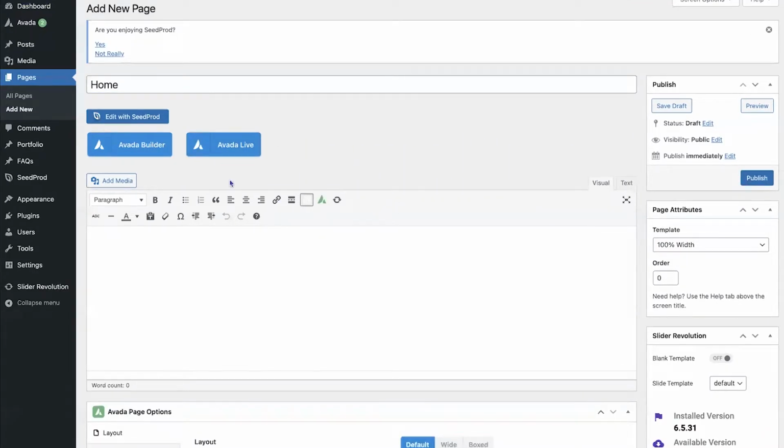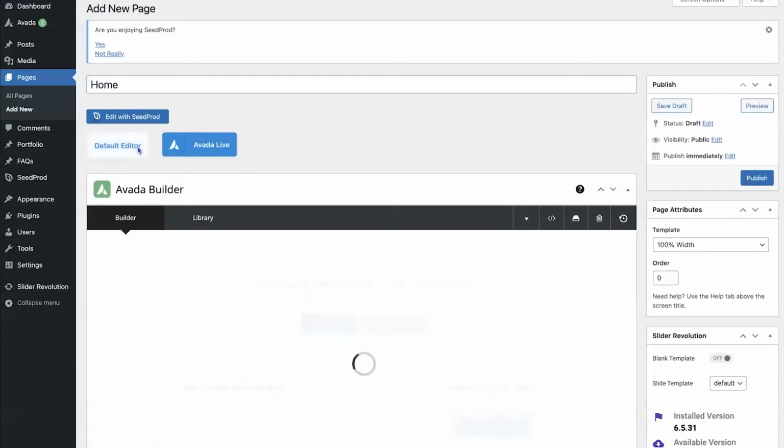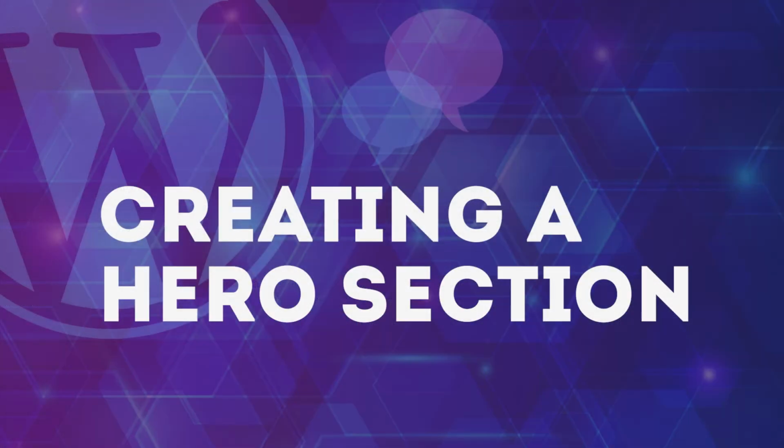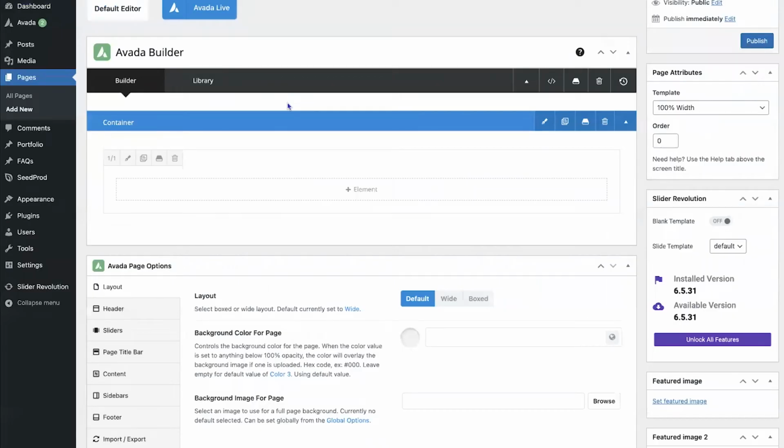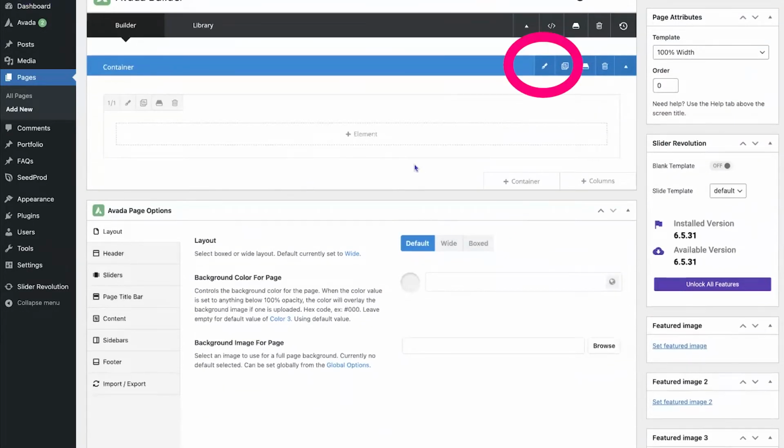Then I'm going to click the Avada Builder button so I can see the builder to build my pages, and I'm going to insert a full container that spans the width of the website because I'm going to add a hero section with a background. A hero section is at the top of the web page and typically shows your value proposition and call to action. I'm going to choose the 1/1 full column container and making sure that my template is set to 100% width. I'm now clicking on the pencil button of the container so I can edit the contents,